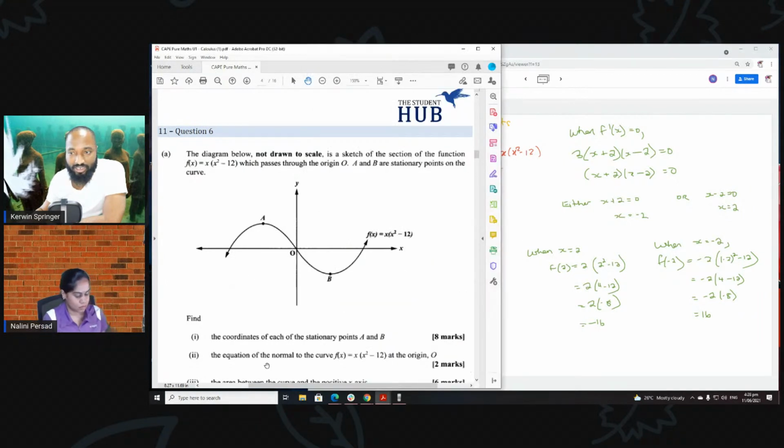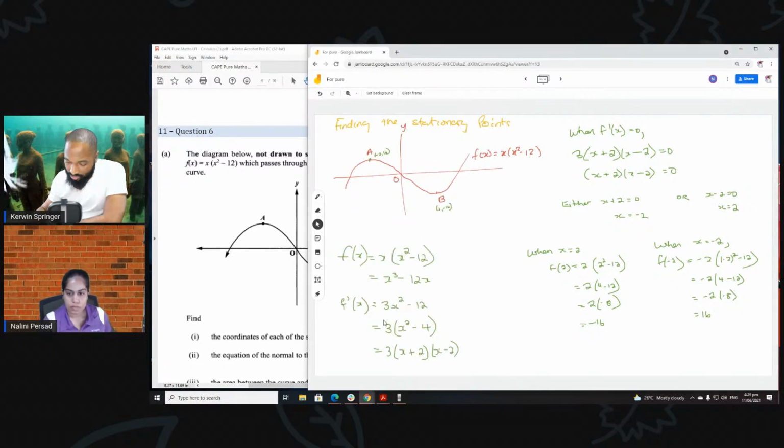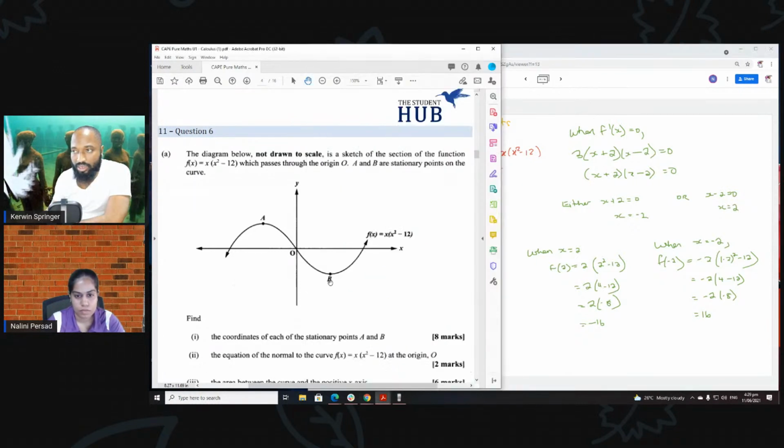The next thing they're asking us for is the equation, for the pure unit 1, of the normal to the curve at the point. And Mr. already differentiated there, so let me just copy that. f'(x) is equal to 3x squared minus 12. And we want the gradient when x is equal to